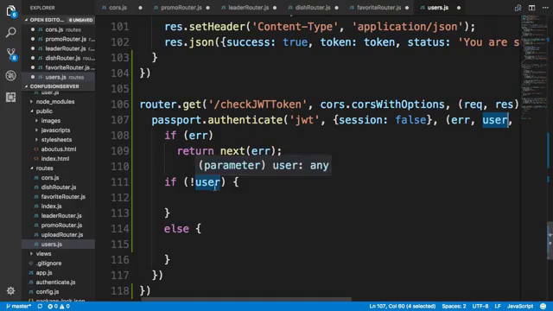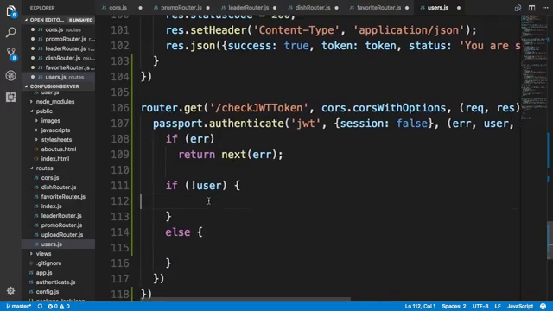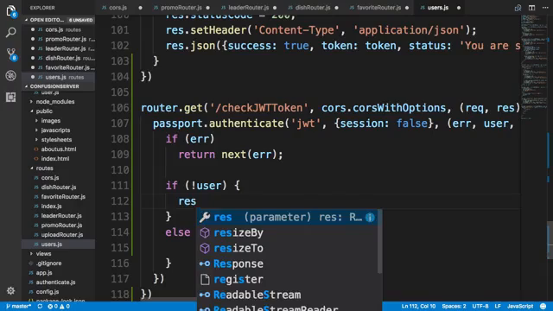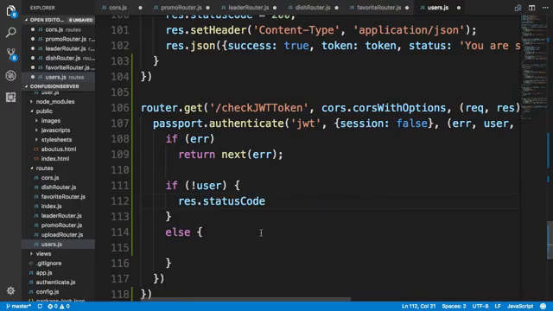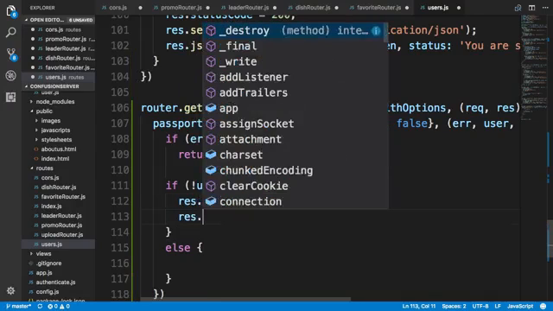Otherwise, we're going to say that the user doesn't exist, so we need to infer that the JSON Web Token has expired. So at this point, we'll send a res with the status code of 401, so unauthorized,